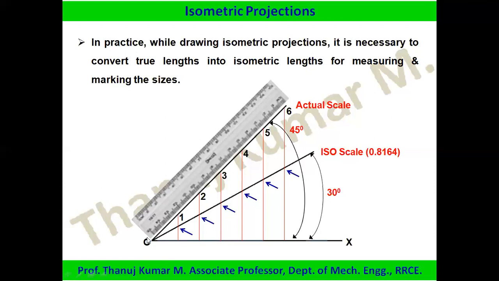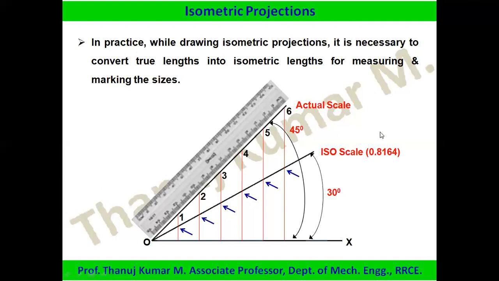You can see I have shown a scale here because it is showing the actual dimensions. You have to keep the scale on this line and mark 1, 2, 3, 4 as I marked here. This is 1 centimeter, this is 1 centimeter, this is also 1 centimeter. That is how you have to mark it. First, graduate the line so that it becomes easy for you to locate the dimensions. If I say a square of 30 mm, then you can measure 30 mm here and then reduce the scale here. You can draw it that way.